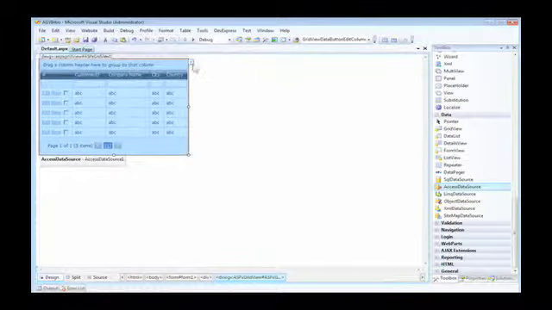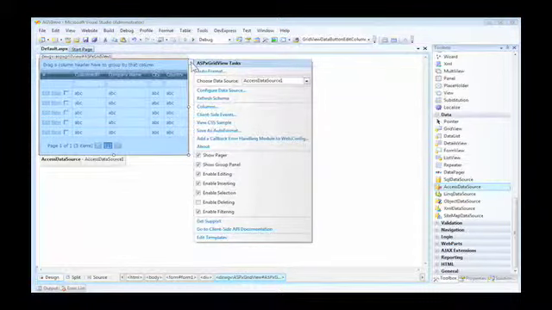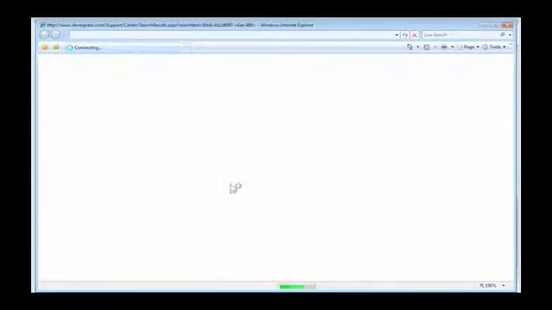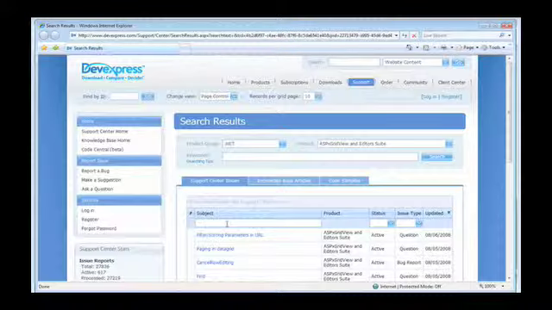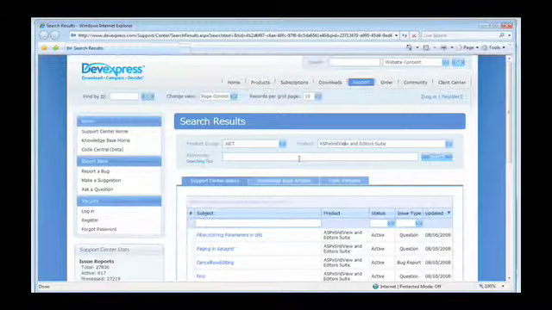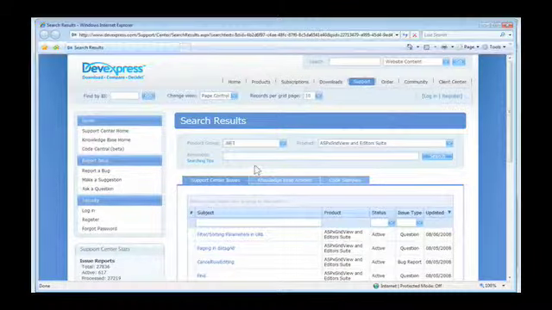And finally, if there's some help that you need from support, you can also click the Smart tag and click the Get Support help file, which will bring up the Support Center, which is one of the areas you can use to find help and answers to a lot of questions. So for example, you can see that we have our product selected here, the ASPX grid view. Let's say we wanted to figure out how to use it with a pop-up control. I'll simply type in pop-up, hit enter,